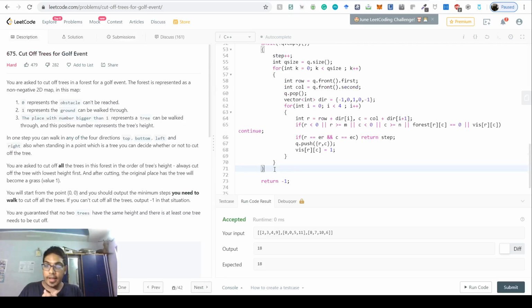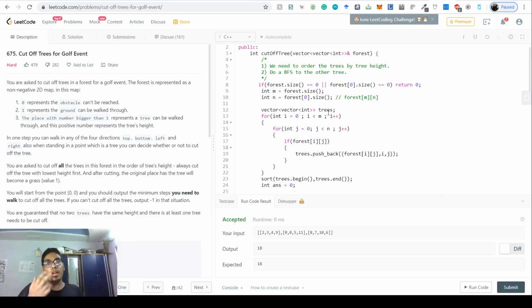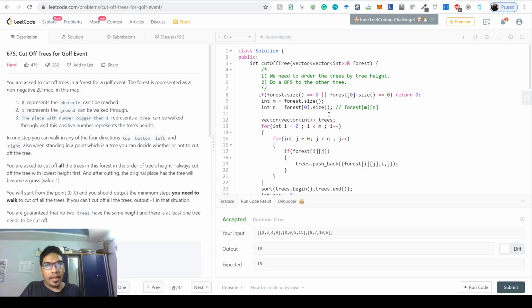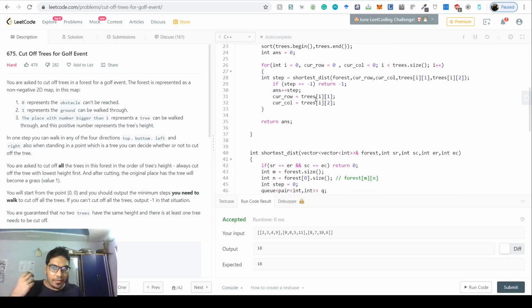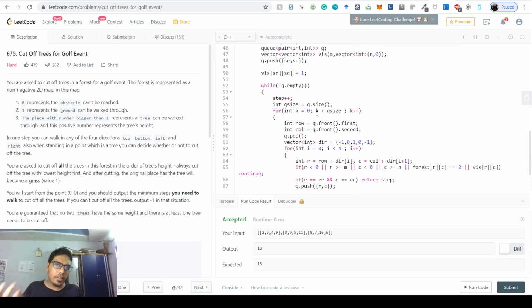So basically, I actually debugged this myself. I tried to do this for some time, wondering what was the error, because we're doing everything perfectly. We are doing a BFS. This is the most optimal way of doing this. BFS is the best way of doing this. We are ordering with tree height, we are having vectors, we're pushing. There is nothing which we can do to optimize this code even further.